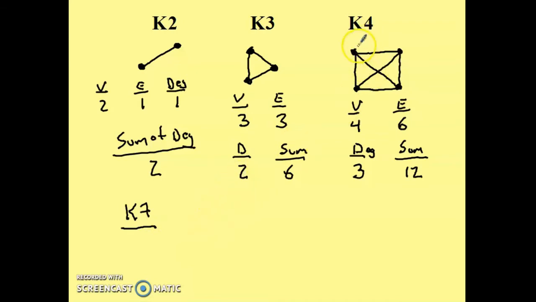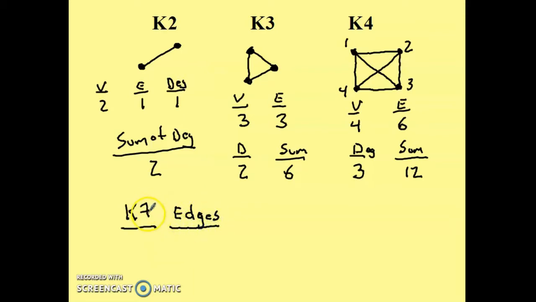Well, if you think about, like, if I number these 1, 2, 3, and 4, that first one had to connect to 3 different vertices. Then the next one only has 2 left, and the next one has 1 left, and so forth. So if you have a K5, the first one would have to connect to 4, and then 3, and then 2. So the edges